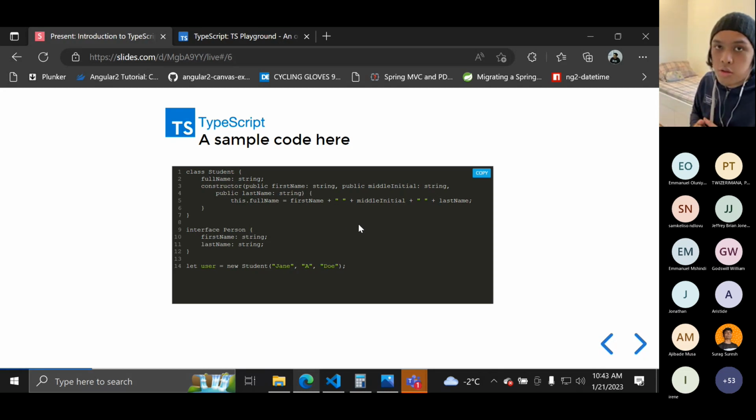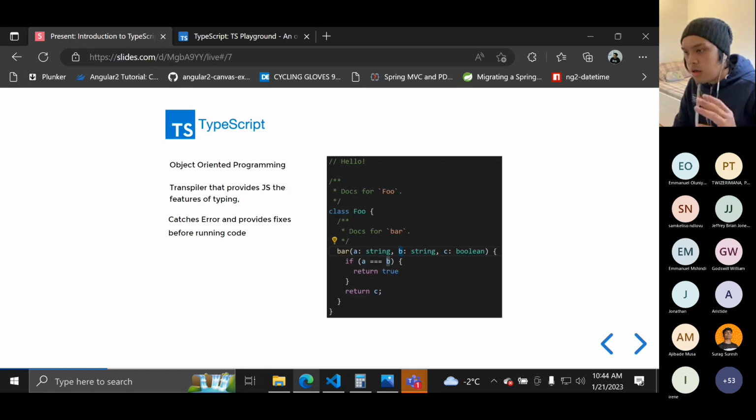A class, as we all know, lets us instantiate a new object of that class. In this case, we can set the values as we create a new instance. And as we know in OOP, other than using classes, if we just want to create a new type or a blueprint of properties, we can have an interface. So we can have an interface Person with several properties and even functions. This is just a snippet, just a trailer for you on how we code TypeScript.